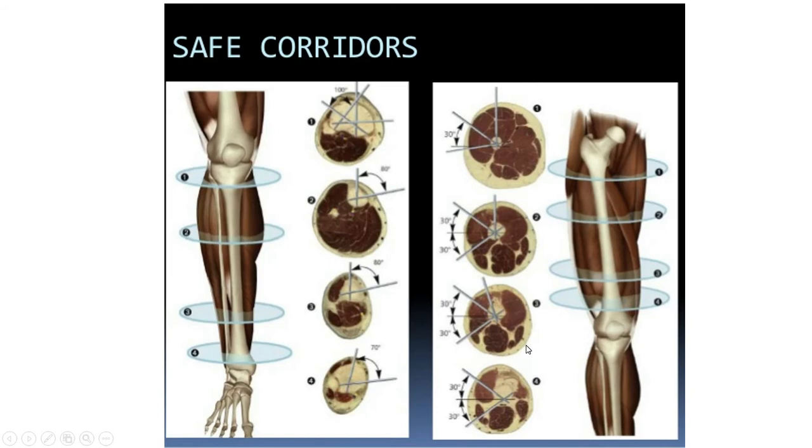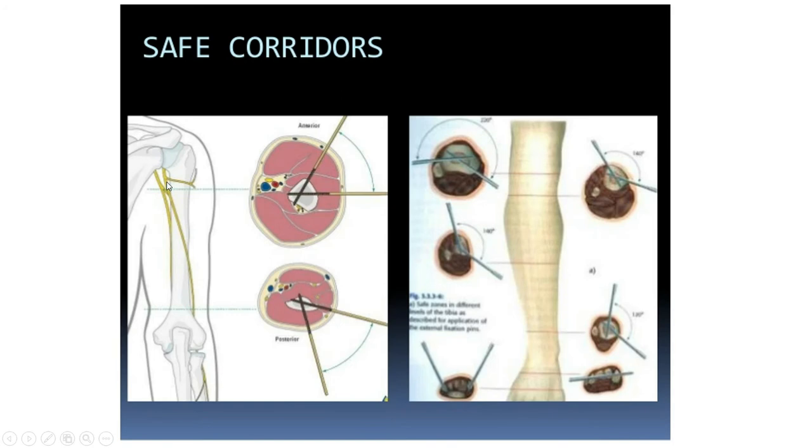So you have to know the safe corridor as per cross-sectional anatomy, the same as the humerus even, but in the spiral groove you have to be very cautious from the lateral end, from the elbow line, at least the lower 1/3 where the radial nerve is crossing the humerus intermuscular septum. That you have to be very cautious about. And for the spiral groove, you have to put the pin from the lateral side, not from the posterior aspect. Okay, and